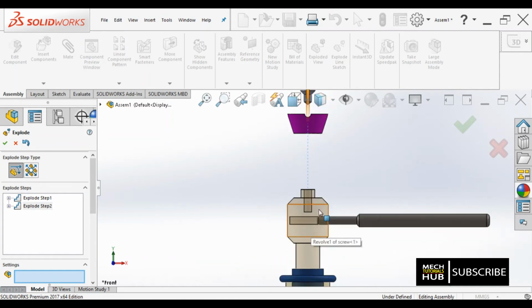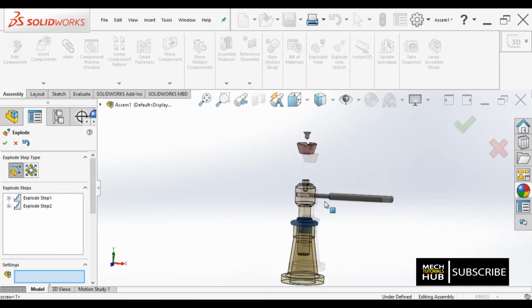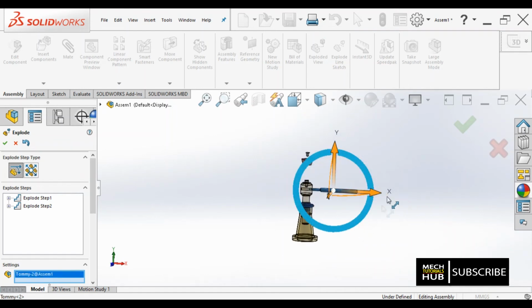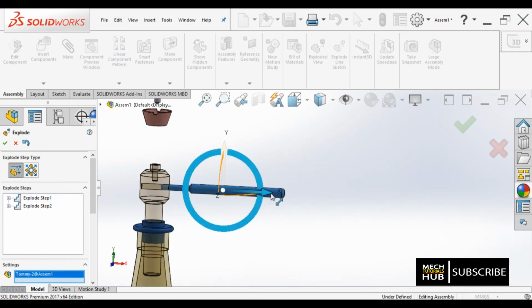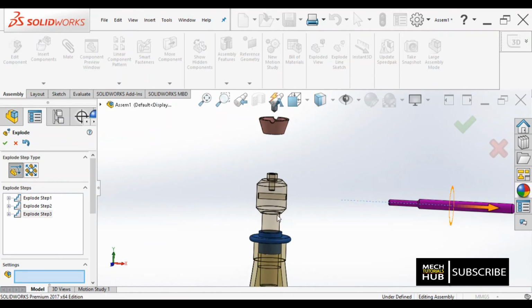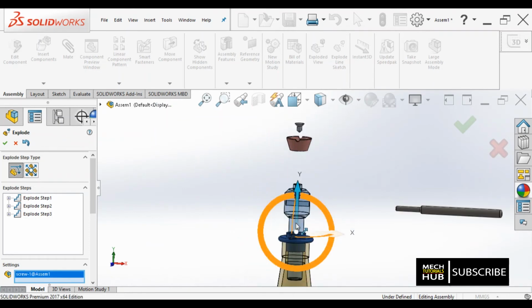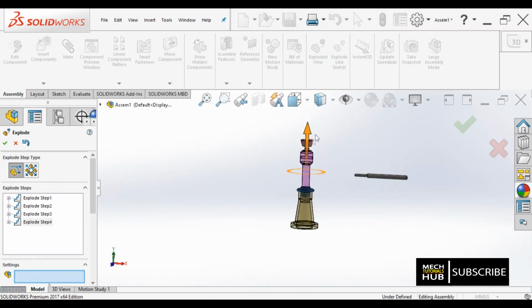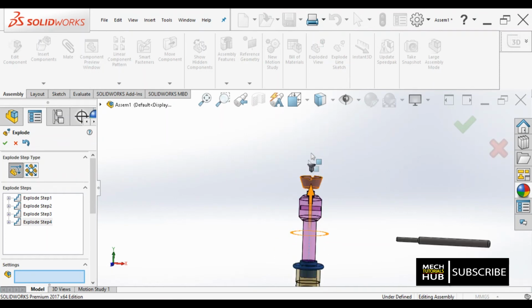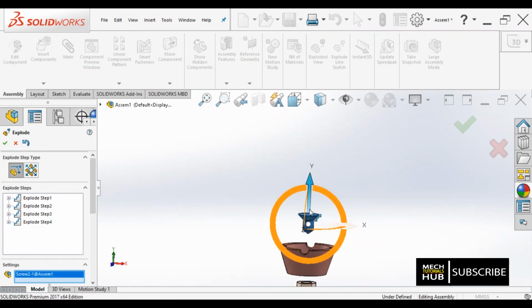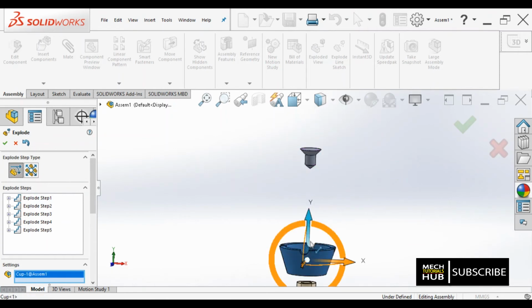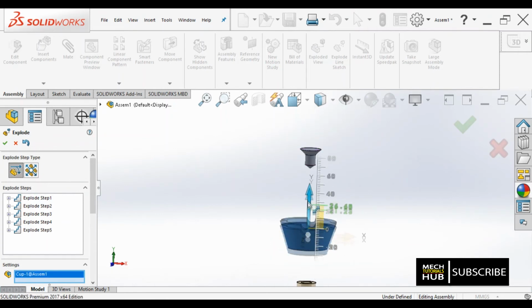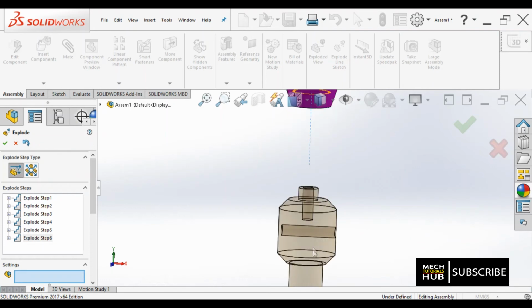Alright, so next is going to be maybe this one. I'm going to give a new position to this Tommy bar followed by a nut. Fine, so I just need to move the screw further, and this part also needs to take some more distance so that this can travel.